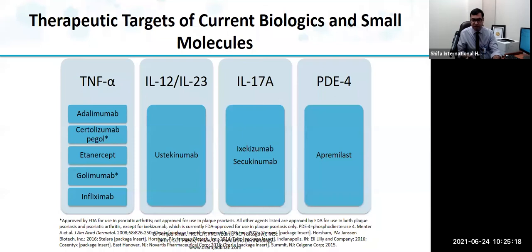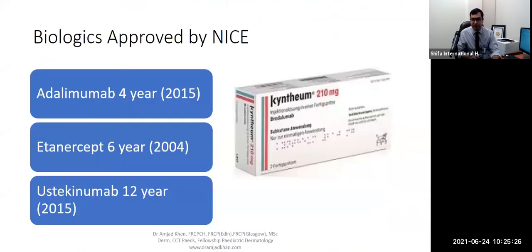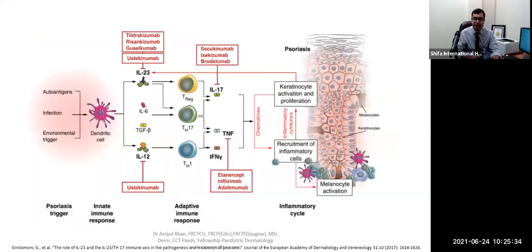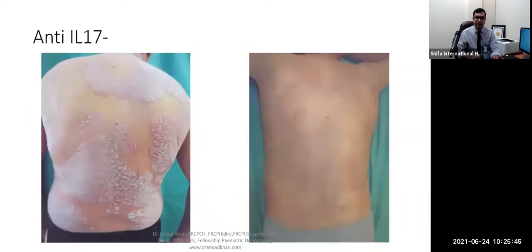So this is, in a nutshell, TNF inhibitors, IL-12, IL-23, IL-17A, and PDE4 inhibitors. Now, these are licensed products for children: adalimumab, as I mentioned, after 4 years of age, etanercept, and ustekinumab, and all three are available in Pakistan. This is the sort of cascade. You can see blocking it earlier or later. That has its own effects. Now, just to show you one before concluding the psoriasis,